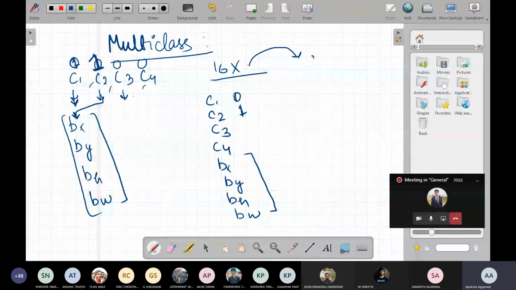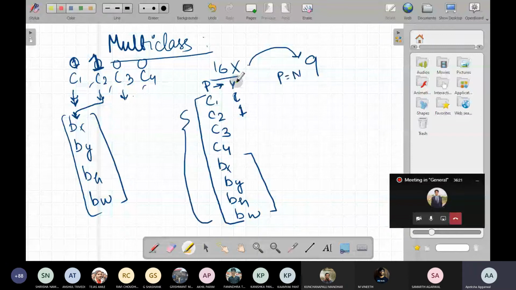It would be 9 basically, because there is one more parameter that we discussed in the last class, let's say P, which decides whether an object is present or not. So this whole output would be there if an object is present. If P was yes, that is, let's say 1, in that case it will return all these values. If P is no, that is 0.